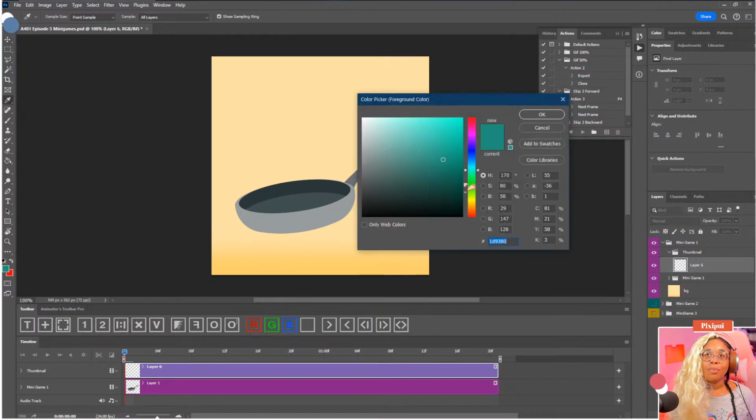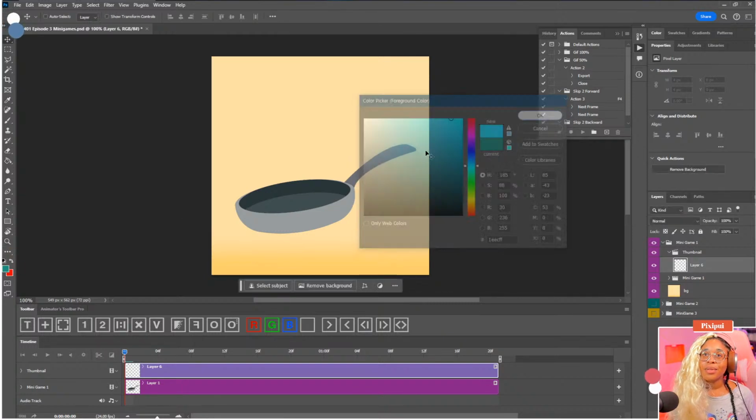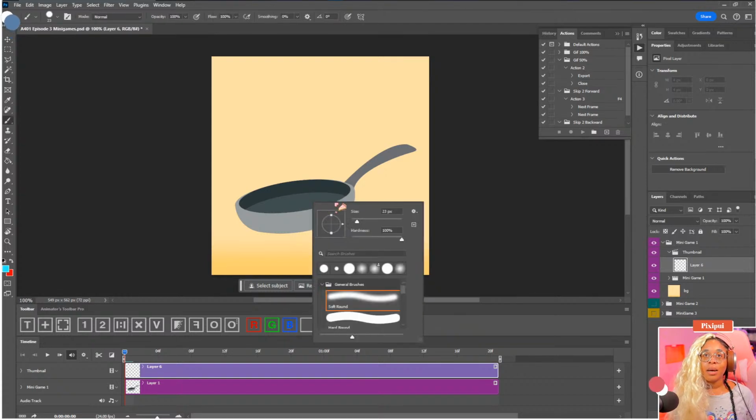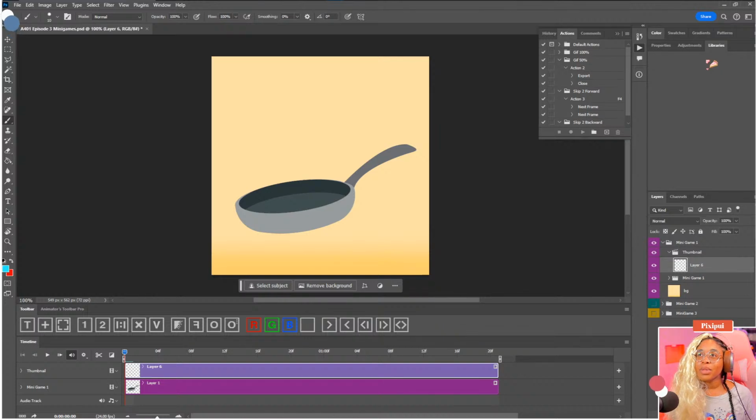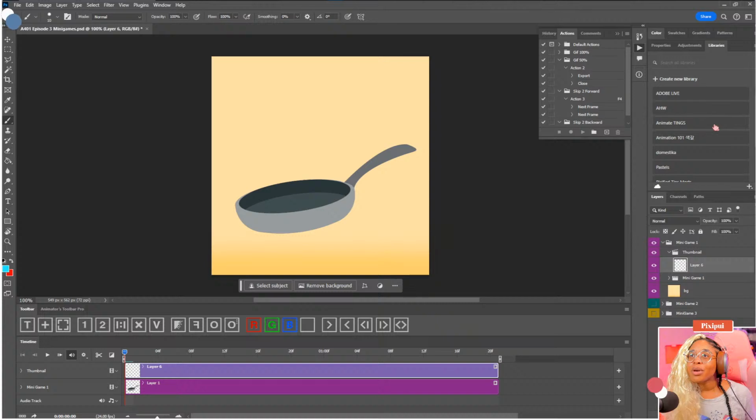So let me grab a blue. Doesn't have to be blue, it could be any color, but I want a dot. And I kind of want, I like using a certain sketchy thing when I'm on